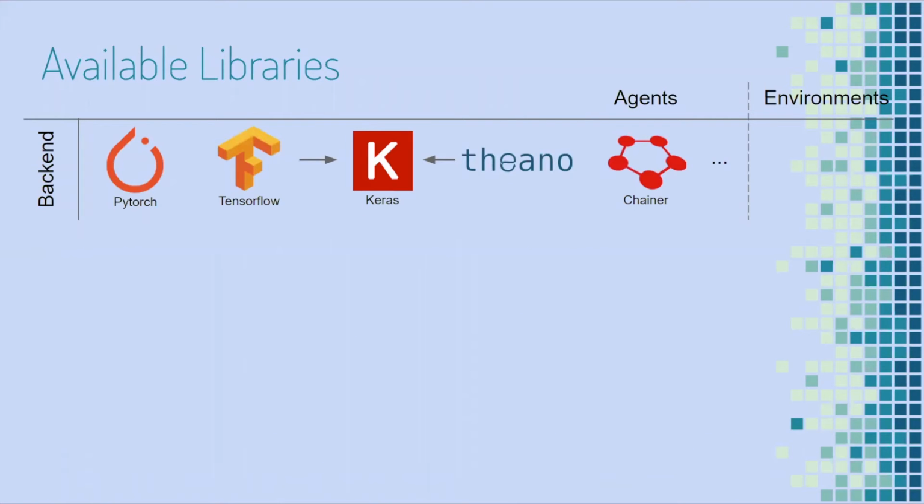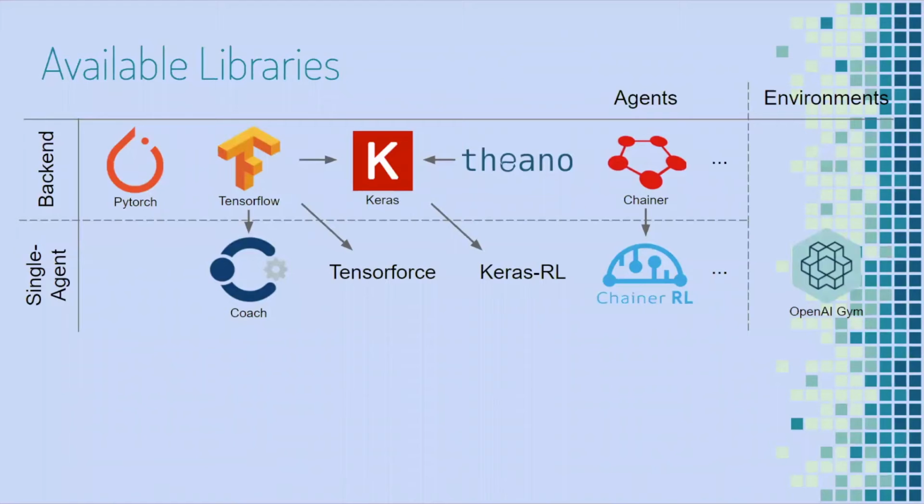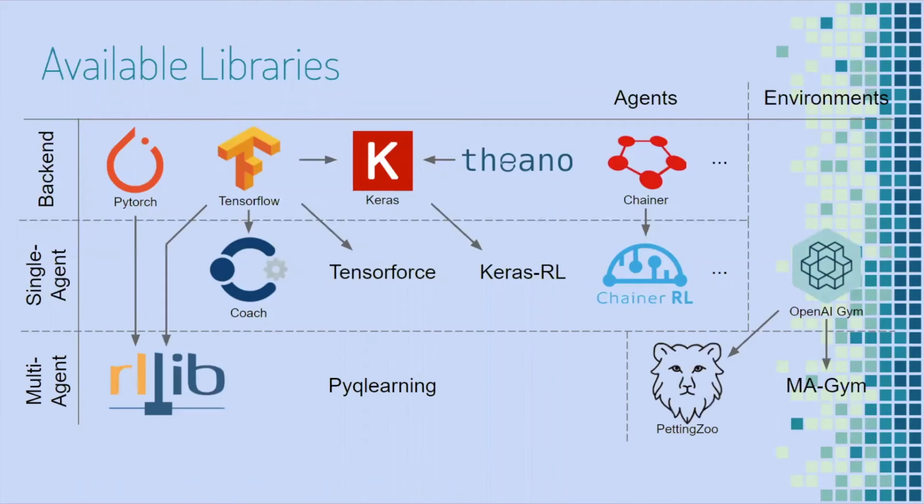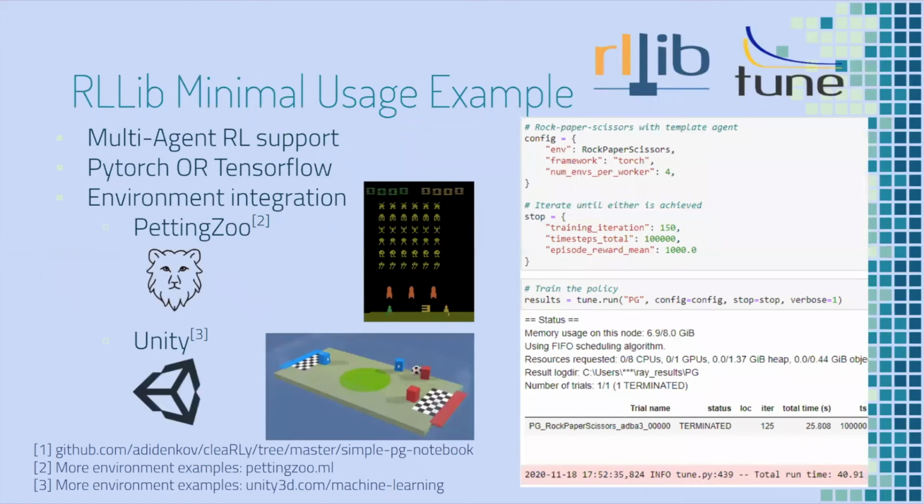We looked at backend libraries just now, specifically PyTorch, but we're more interested in libraries that do everything that we've done on the last slide for us. And there are some of them that actually do this for multiple agents as well. Specifically, RLlib is a particular outlier. So as mentioned before, RLlib is a library that does multi-agent reinforcement learning for you. It also integrates really well with other libraries that handle multi-agent reinforcement learning environments, such as Petting Zoo and Unity. You can see some of them here. And on the right side, you can see a minimally working example of RLlib, and note that this takes just about 3 lines of code only.